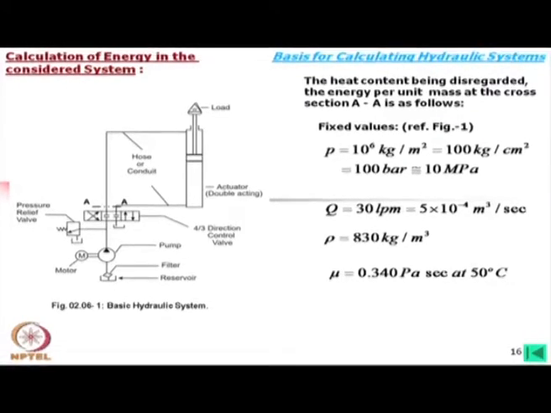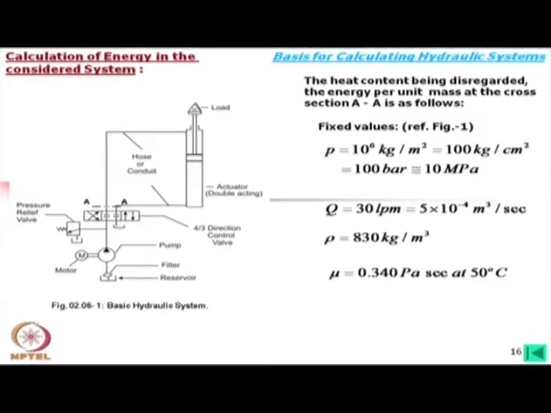For this problem we have taken 0.340 Pascal second at 50 degree centigrade. Now, usually what the oil you are using, with that a chart will be available where it is given, say normally operating temperature for such hydraulic oil, usually the maximum temperature is 75 degree centigrade, not more than that, and